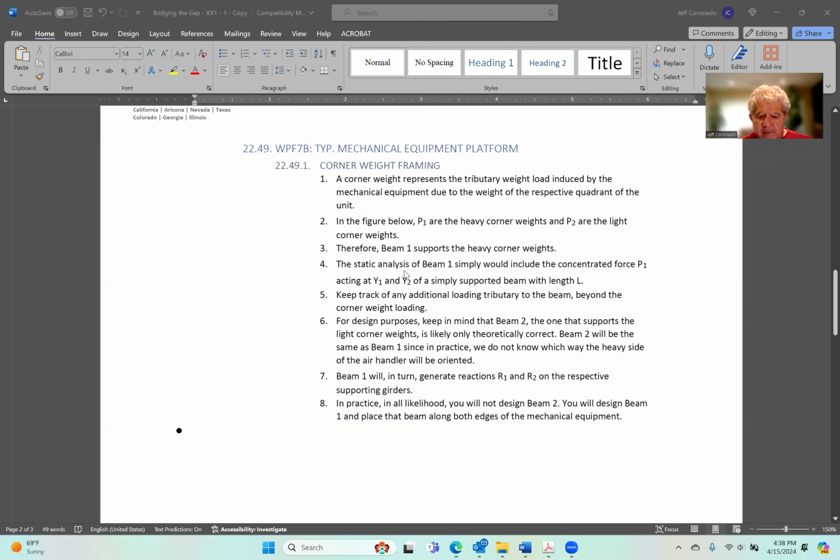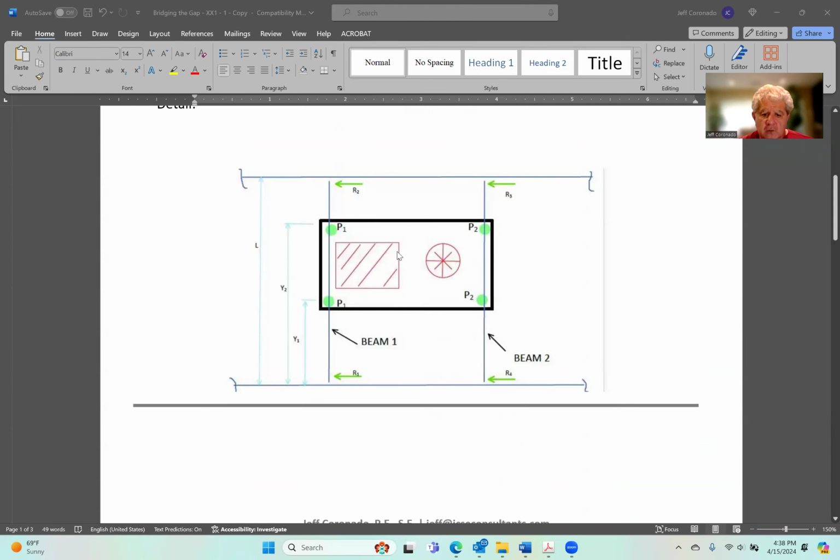Okay, I think that was item 6. Item 7, beam 1 will in turn generate reactions R1 and R2 on the respective girders. Okay, so yes, here's beam 1, and that creates a reaction here, and we're calling that R1, and a reaction up here, which we're calling R2,